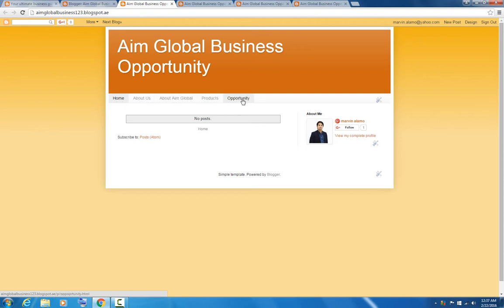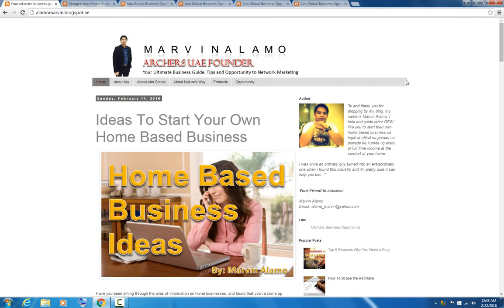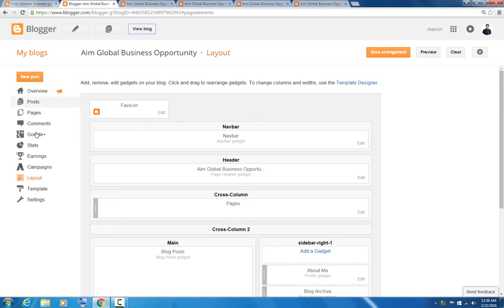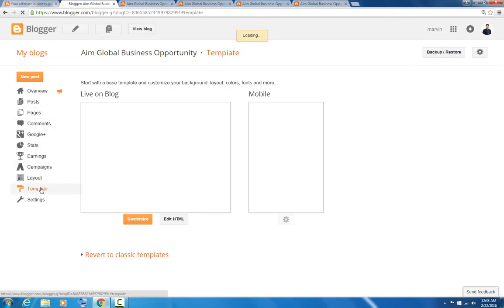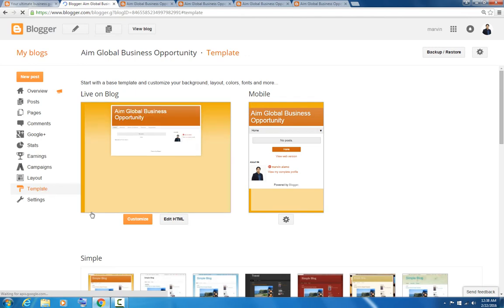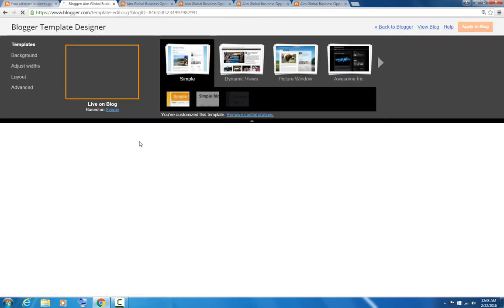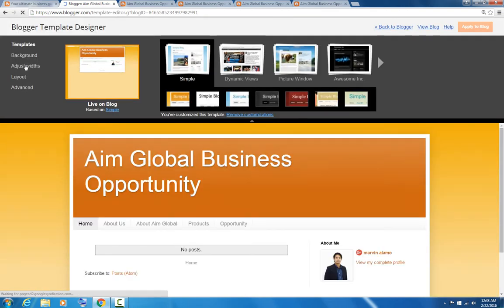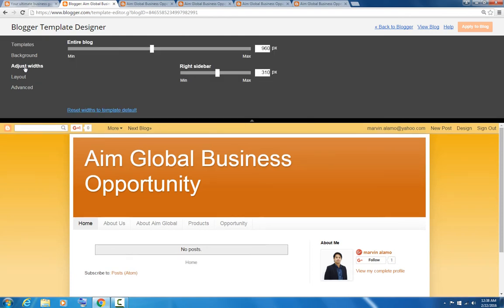Okay, so now let's change our background and the size of our blog, the same width as my blog. So let's go to Template, click Customize, click Adjust Width.